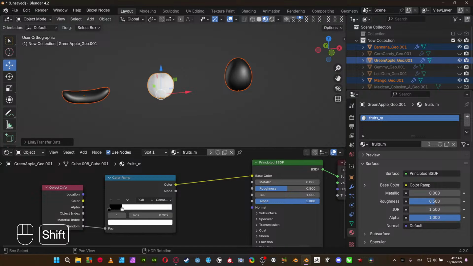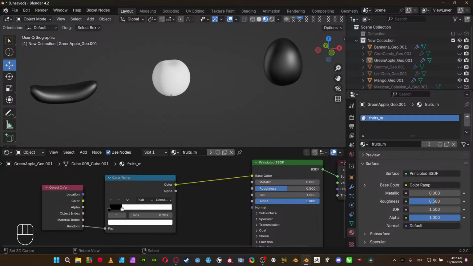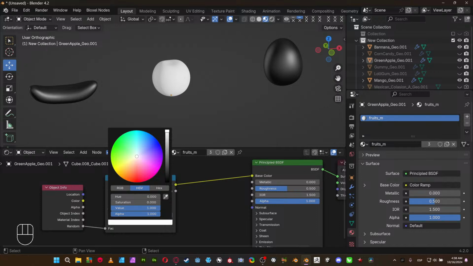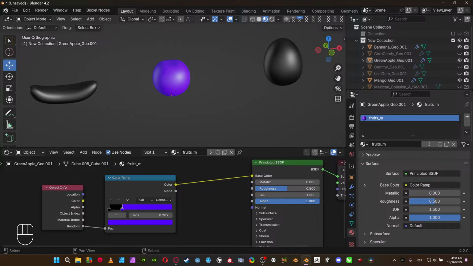As you can see here in the viewport, in the rendering, the banana and the mango are getting black, but this one is getting white. Let's just change the color just to make you believe that this is working right now. Let's put something like grape or something like this, and then we're gonna call this one, for example,